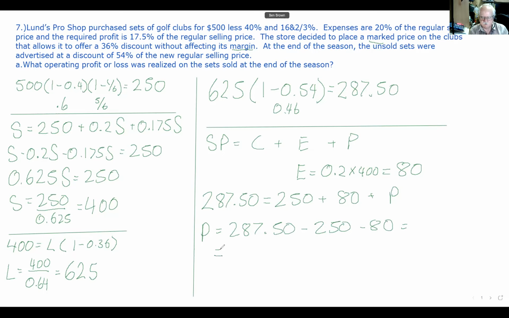And that'll give us the answer to the question they're actually asking us. 287.5 minus 250 minus 80, and I'm getting negative